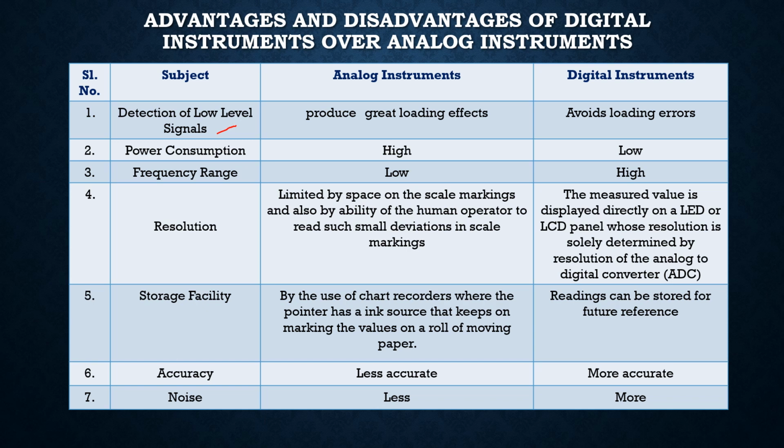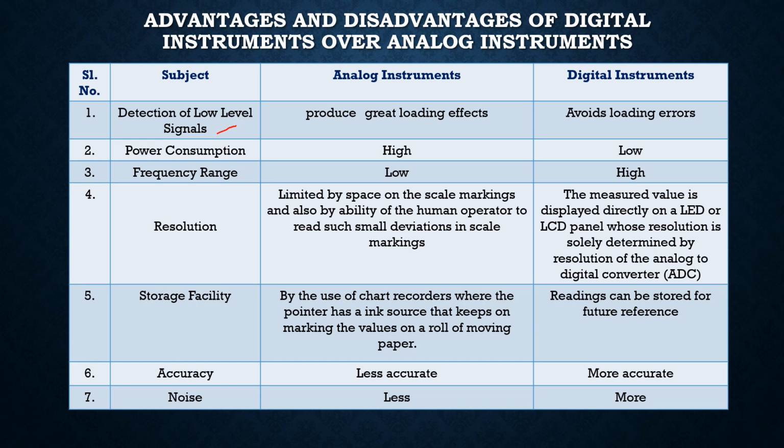So if we want to measure this amount, and if my system is not designed to measure such a low value, then it will create a loading effect on the instrument. That loading effect will distort the reading, will disturb the reading. The reading will not be exact that we want. So it will create a loading effect on the instrument, especially on electronic and communication circuits. But in case of electronic voltmeters or electronic meters, they avoid the loading errors by supplying the power required for the measurement by using an external circuit.